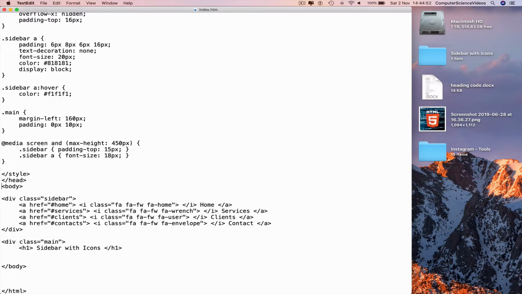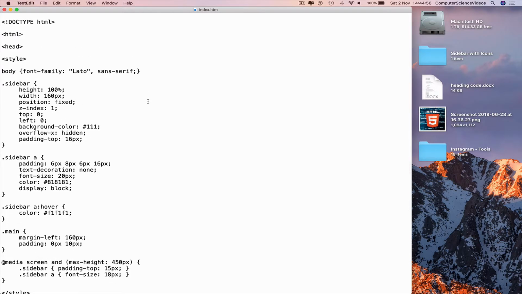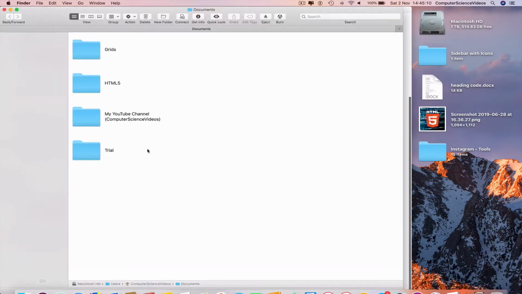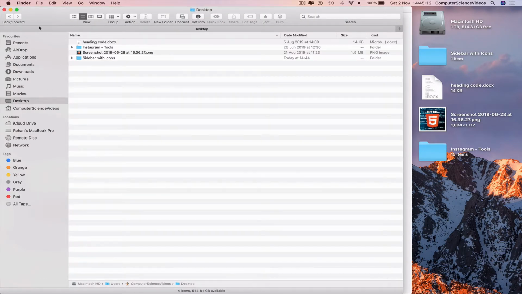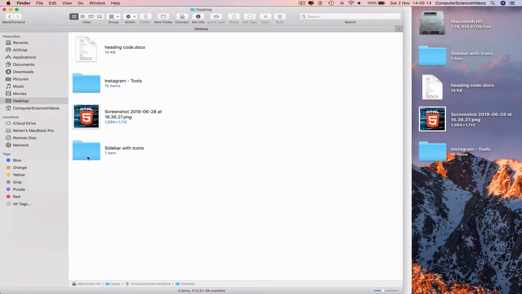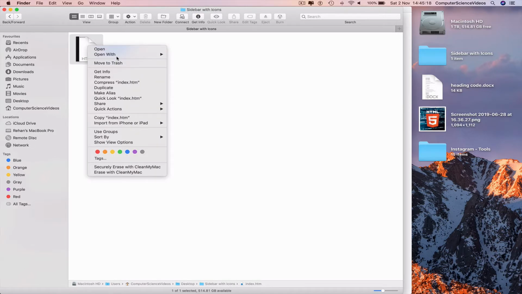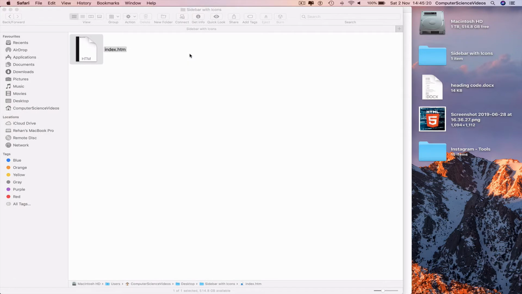And now the programming is all done. There is one more line of code required. However, we will add that at the end of the video. So we can go all the way down to the dock, go to Finder, go to your desktop, go to the folder Sidebar with icons, right click, index.html, open with Safari,